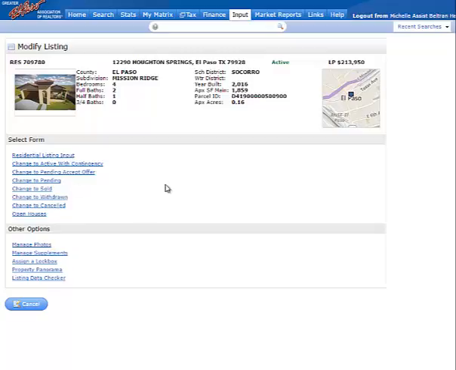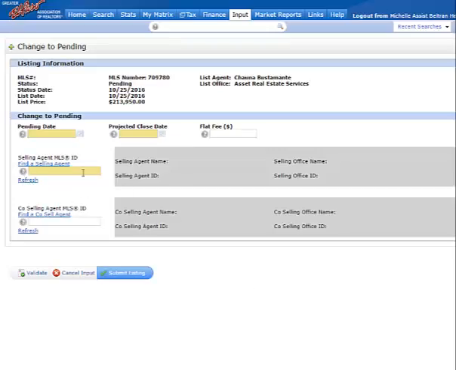So in this case, it's an active listing, as we can see up here, and let's just say we've been charged with placing it under contract. Well, you would go where it says change to pending. There's 3 required fields in yellow. We'll need to identify the pending date, the projected close date, the day that it's estimated to close and fund,